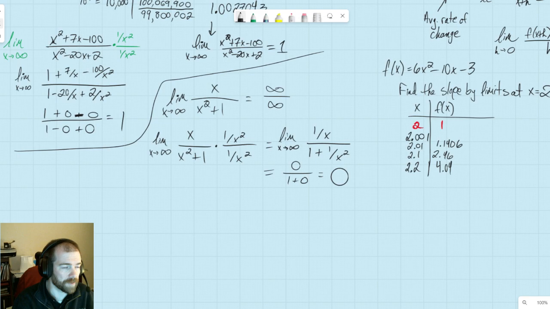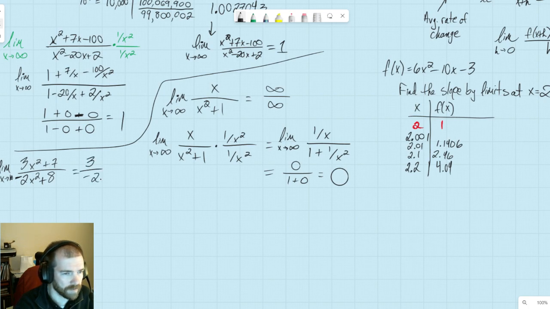So the one above will become the ratio of the leading coefficients. In the case we had up there, it was 1. If it was something like 3x squared plus 7 over negative 2x squared plus 8, then the limit of this thing as x goes to infinity is going to be 3 divided by negative 2, or just negative 3 halves. However you want to write it.